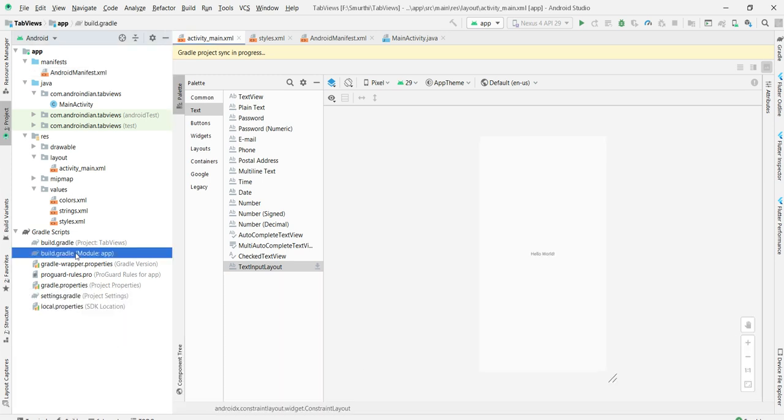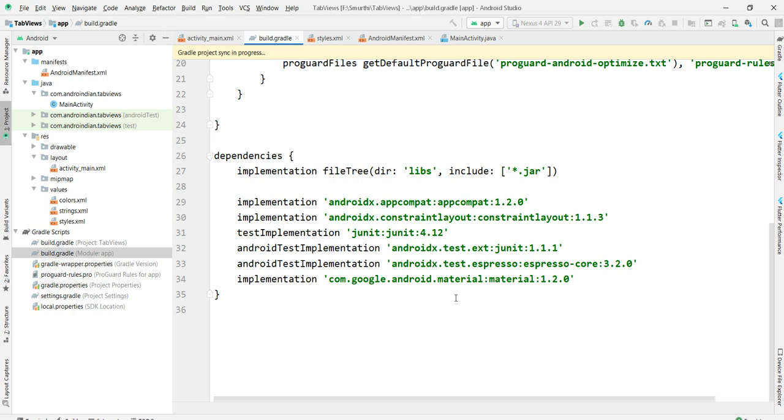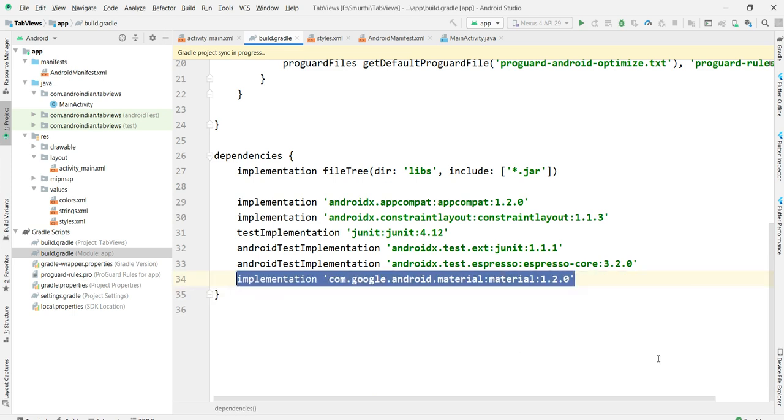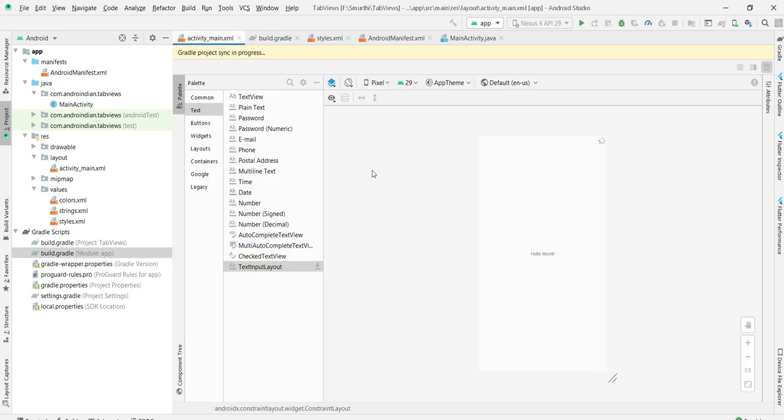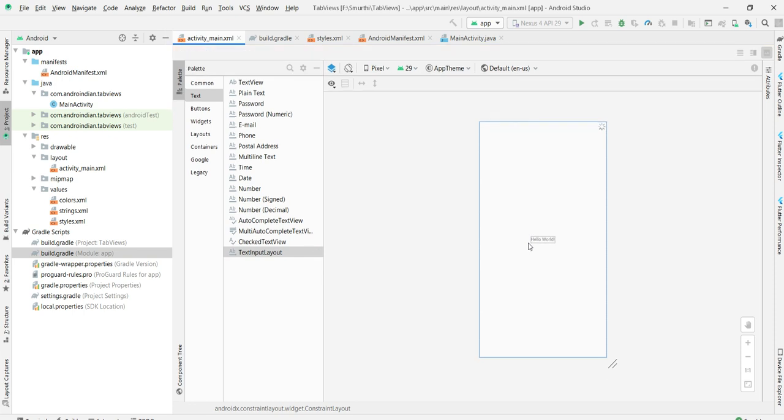The easiest way I'm showing, instead of remembering this material.io, is you can just drag and drop that one. Once you drag and drop that, automatically it can be created here. See, that's created here.